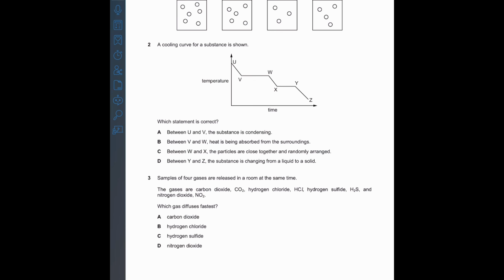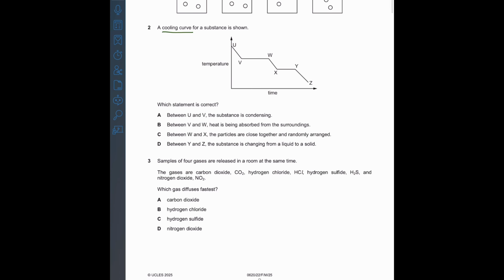Question number 2. We are shown a cooling curve and we are asked to find which of the statements are correct about the cooling curve. So A, between U and V, the substance is condensing, which is wrong. The substance is not condensing between U and V. B, between V and W, heat is being absorbed from the surroundings, which is also wrong. Why? Because the temperature is not increasing or decreasing. The temperature is not increasing. That means no heat energy is being absorbed or